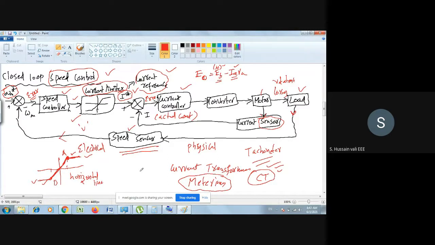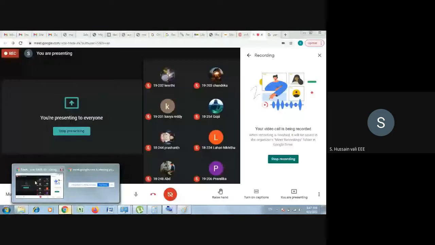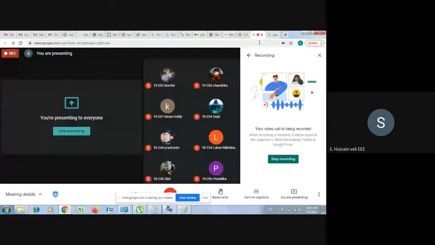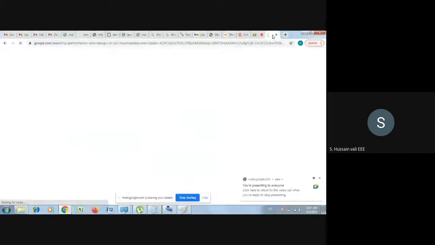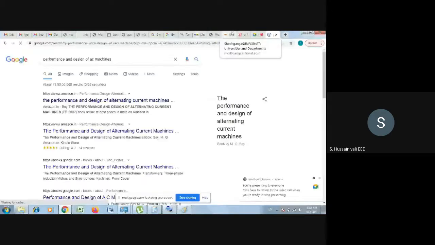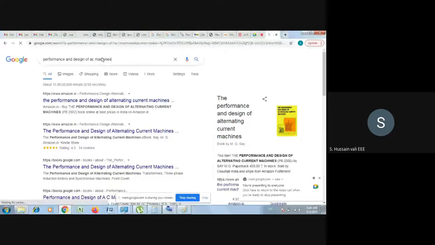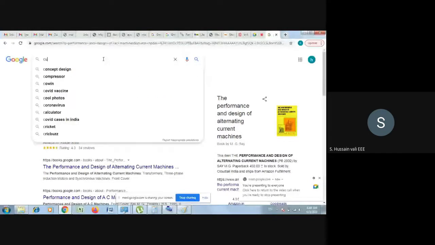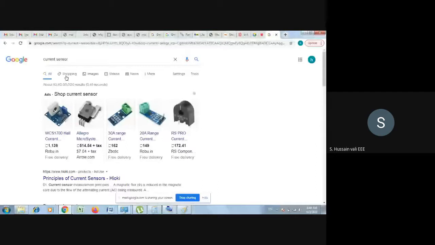I would like to show you the current sensor now. In power electronic circuits, you will use some kind of current sensors. I will show you the picture here. See this now.